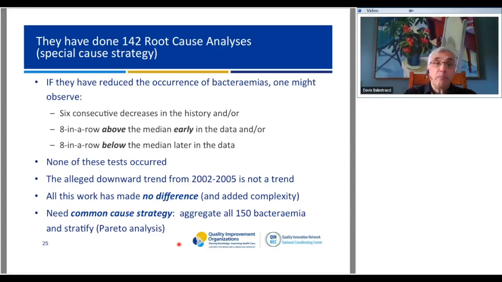So now, the common cause strategy. I know some of you are wondering, well, what do we do instead? What this means is, since the same process produced it, you can take all of these bacteremias, put them all together, and then slice and dice them. So in other words, I don't want your brains to tell me why we had 14 versus why we had 7. I want to say, give me some ways we can take these bacteremias and pull them apart,